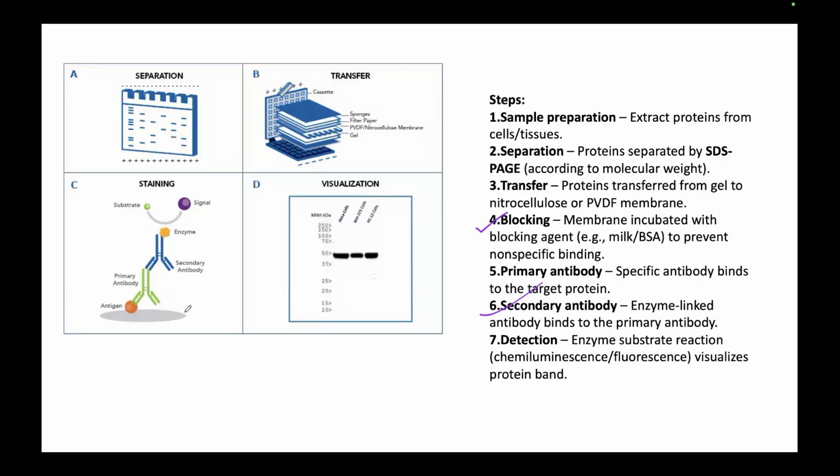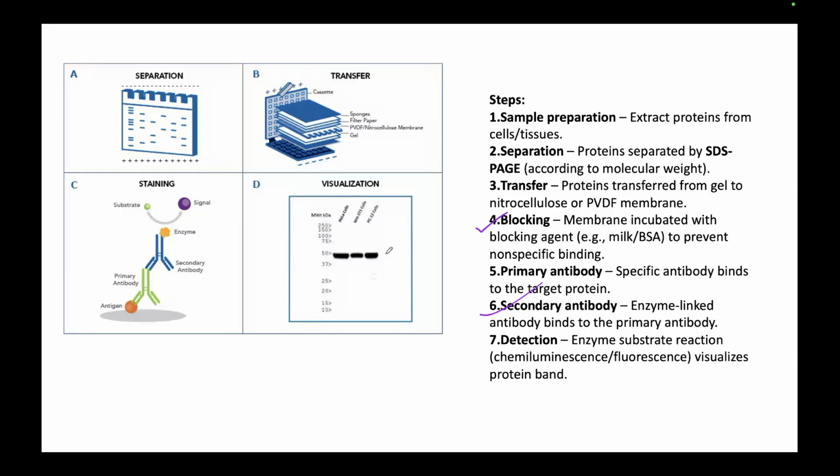Then you want to see whether your signal is coming or not. That is the detection step that you do with the help of a substrate. You give this enzyme its substrate. So on the membrane you add the substrate, and the enzyme will react with that substrate and produce a signal. For example, for HRP there is a chemiluminescent solution along with H2O2 that you give. This enzyme will work on that substrate, and on the X-ray film it will give you a signal. And when you visualize it on your screen, with the help of this signal